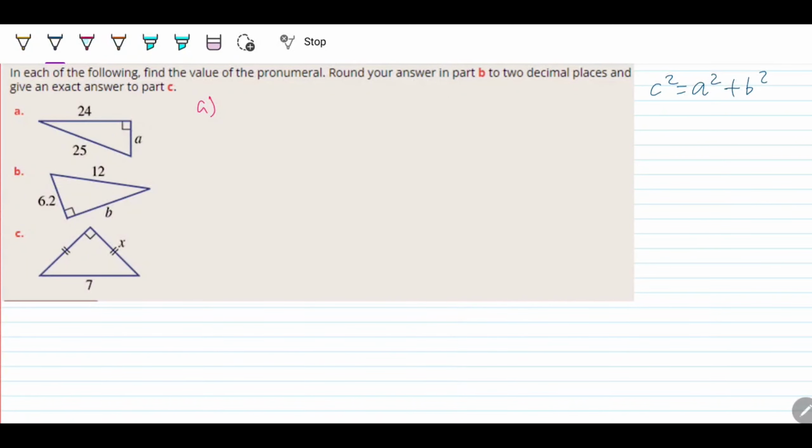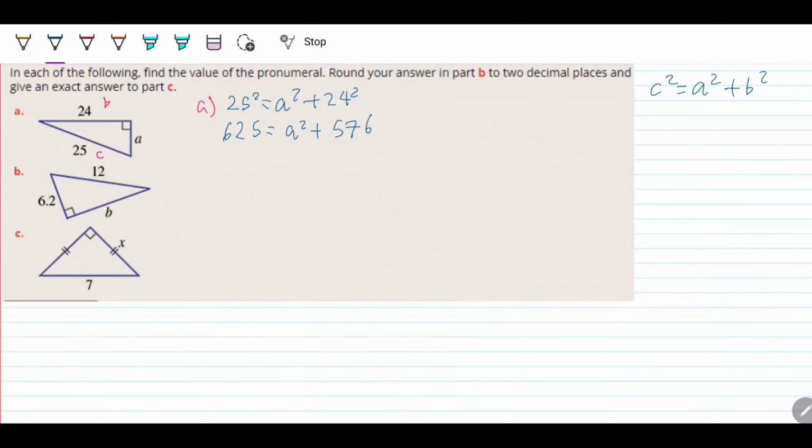So let's label our triangle. We're going to label the longest side length of 25 as C. This one will be A, so therefore 24 must be B. So let's fill in what we know. C squared is going to be 25 squared equals A squared, which is just A squared, and B squared is going to be 24 squared. So 25 squared gives me 625 equals A squared plus 24 squared, which will give me